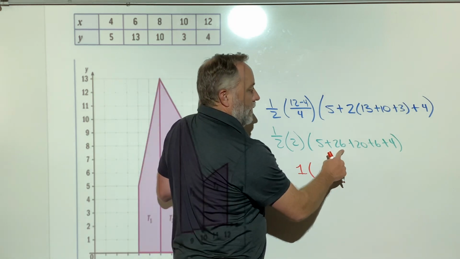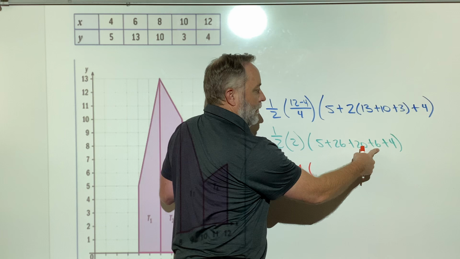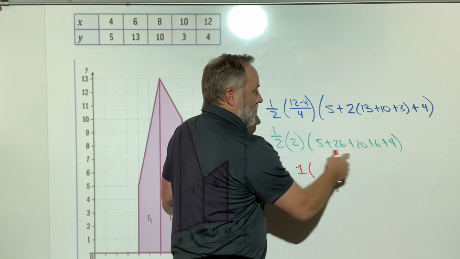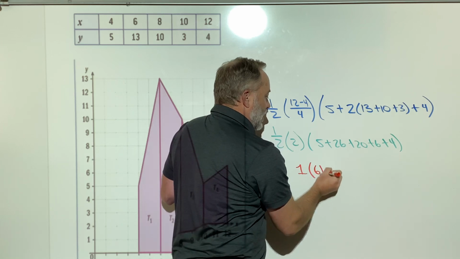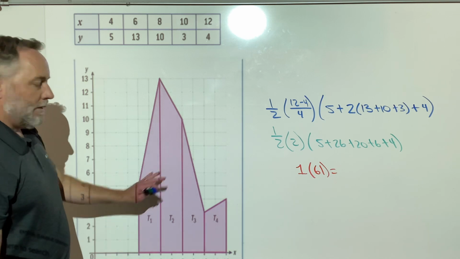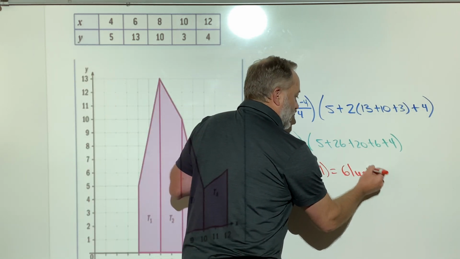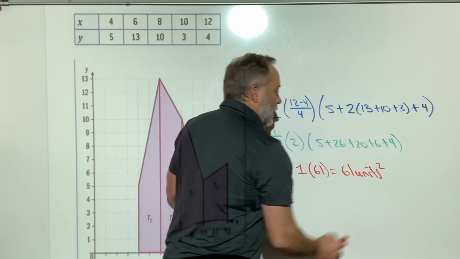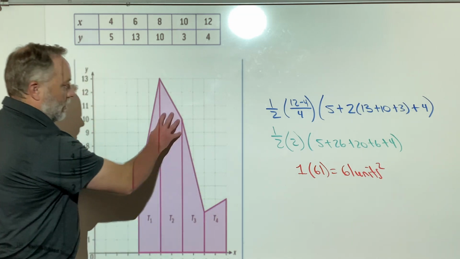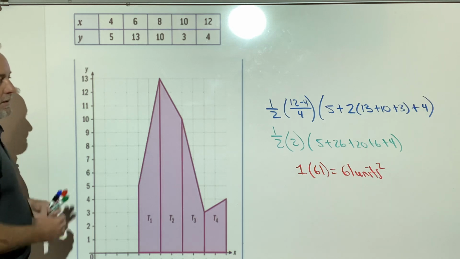Now let's do this. Let's do 26 plus 20 is 46. 46 plus 6 is 52. 52 plus 5 is 57. 57 plus 4 is 61. And so in this case, the trapezoidal rule approximates this value to have an answer of 61, and we'll just say units because there's nothing labeled, squared. All right, so the total area under the curve using the trapezoidal rule, or using 4 different trapezoids here, gets